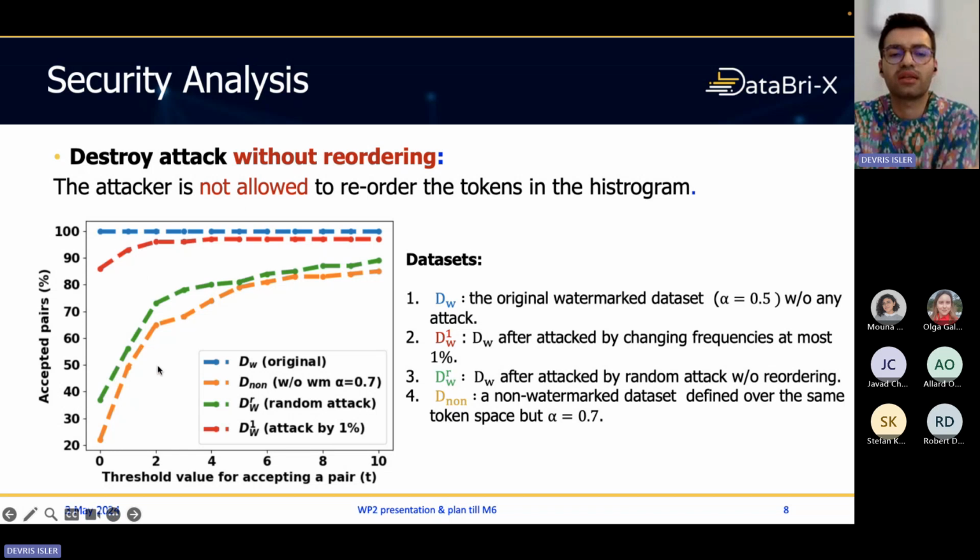The idea now is the attack model here. I will call it destroy attack without reordering. Forget about the without reordering part, but a destroy attack means you have the data and you create the histogram. Histogram generation is known by everybody, because we don't have ambiguity here. Everybody knows how the system works, how the watermarking works. They just don't know the secret information. So once they have the watermarked data, an attacker can start randomly attacking the system, which is a malicious party. This maliciousness cannot come only from people,